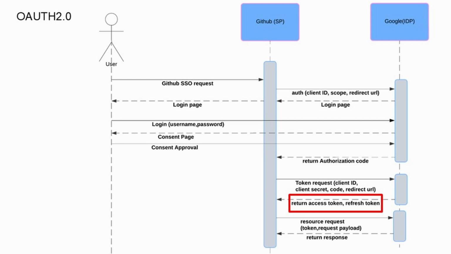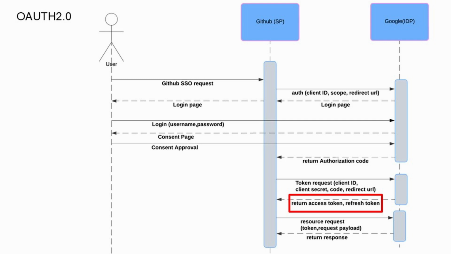The access token is mostly restricted to an expiry time, like 1 minute, 1 hour, 2 hours, based on the configuration for security purposes. And the refresh token is used once the token expires. This refresh token can be used to refresh the access token again. If you want to know more about the refresh token, we can take it up some other time, but this is the overall information.